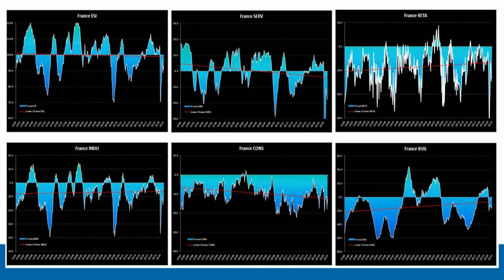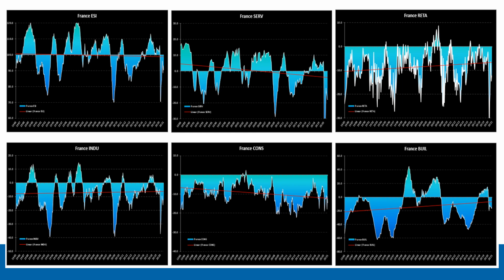So if you look at the ESI, for example, on the top left-hand corner of the screen, you'll see for France, coming out of the global financial crisis, we had a strong recovery from the global financial crisis in 2008, 2009, where you see that strong recovery above average trend in 2010. And then 2011, it goes back below the 100 level and below the long-term average trend line. And it takes a very long time afterwards for the French economy to recover the overall ESI, the sentiment of the French economy.